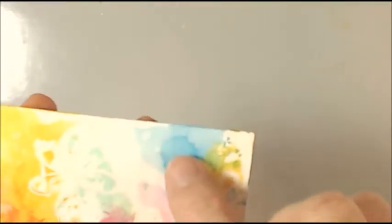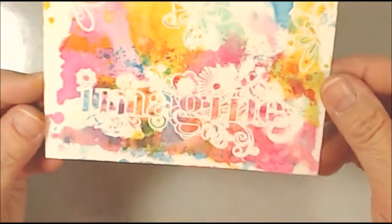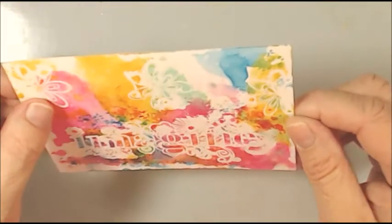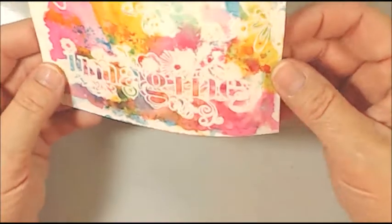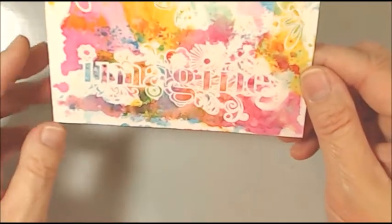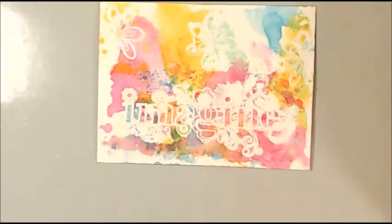See up in, especially up in here, you can see where it pulled it up. And as it dries, it's going to be a little bit more pronounced, okay? Now, as this dries a little bit, I'm still not happy with these letters. They are not strong enough for me. So I may come in with